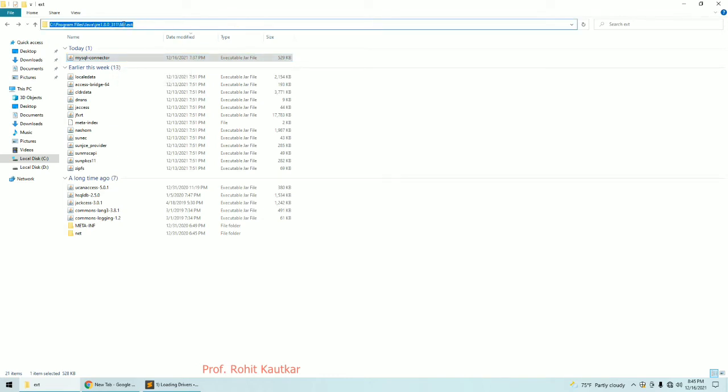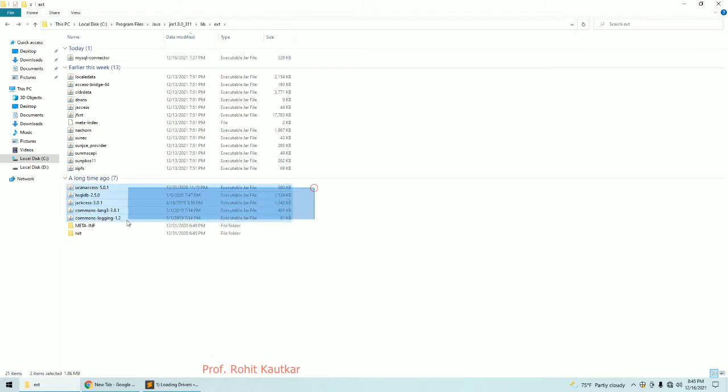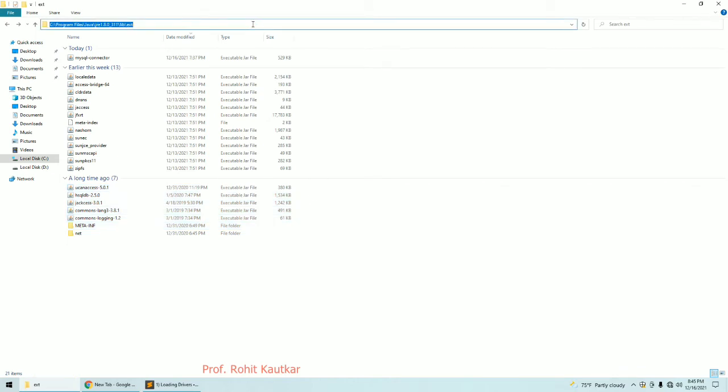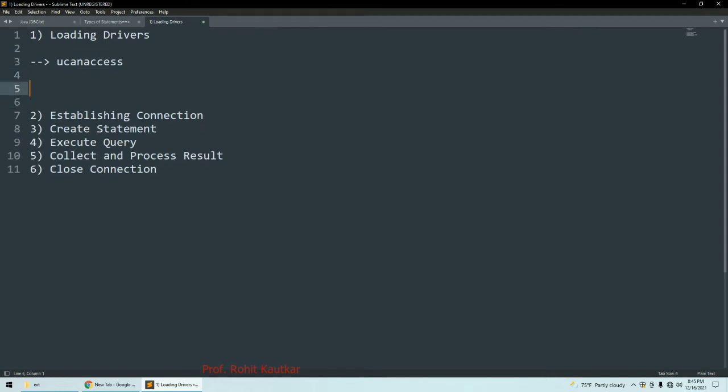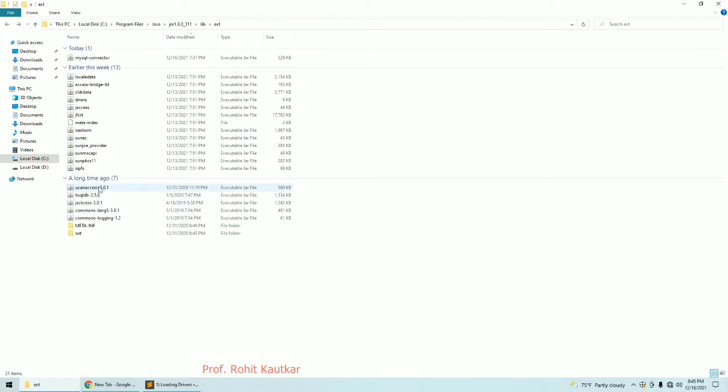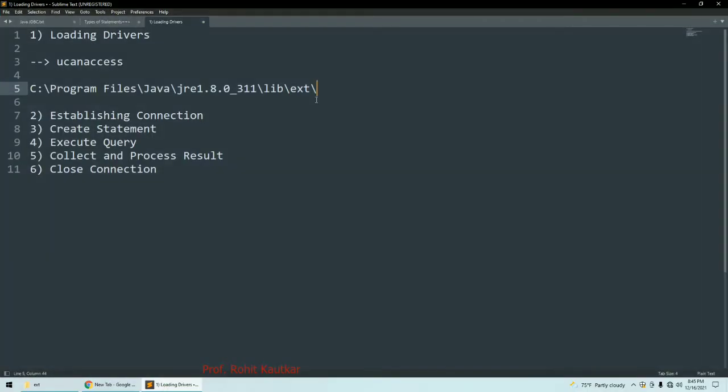Okay, now next thing, you have to set the class path of all the jar files. Okay, so get this path first of all. See here, get this path and I will show you. Okay, so paste this path like this, and now one by one copy the name of all these files. So I will copy the file name and .jar. This is the path of first jar file.